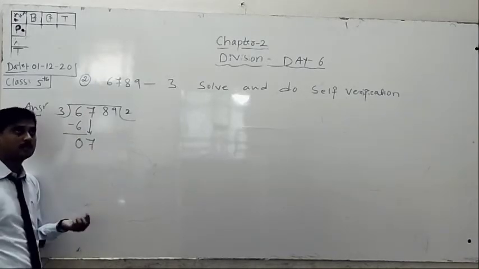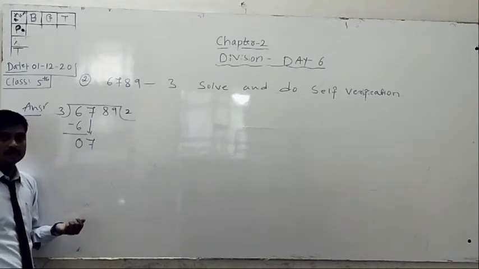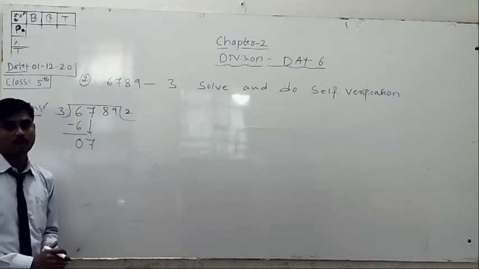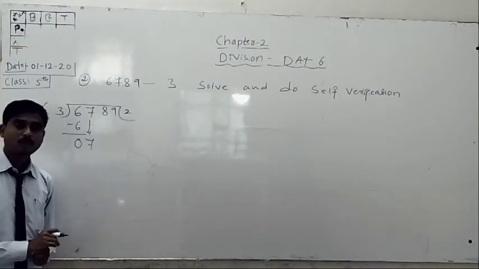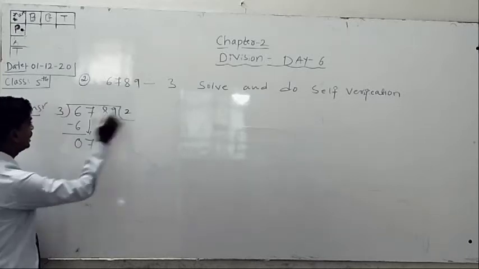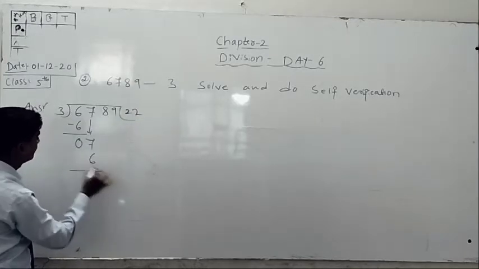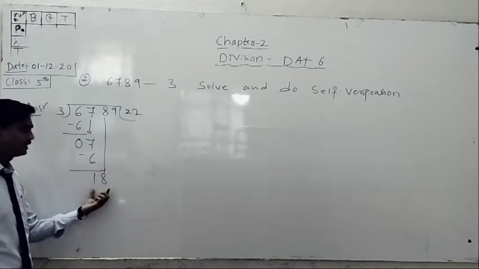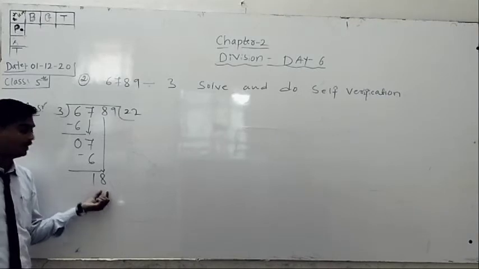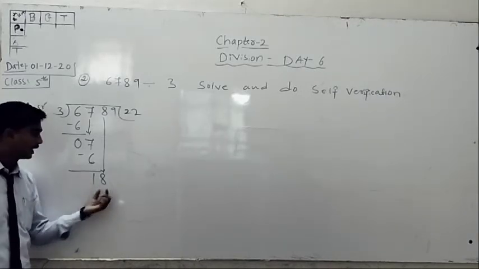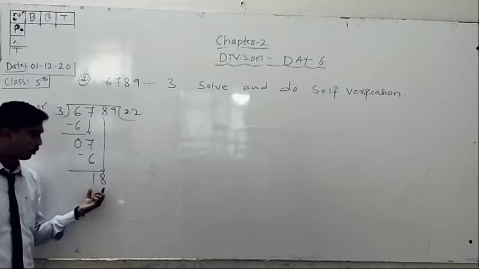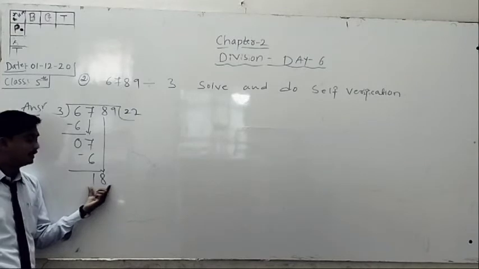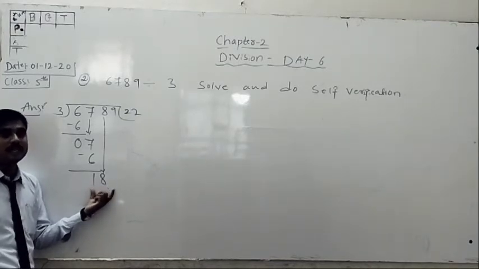You have to check it. 3 1s are 3. 3 2s are 6. 3 3s are 9. Sir, 7 is not there, sir. Not there means you should take the smaller number than 7, which is 6. 3 2s are 6. Then 7 minus 6 is 1. Then again you take 8. Some students are doing this: 1 is there, they stop, and they consider only 8. That is wrong. It is including, you have to take 18.